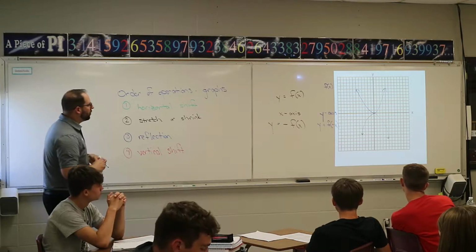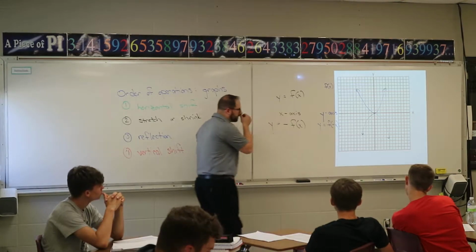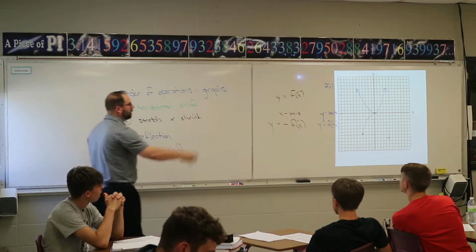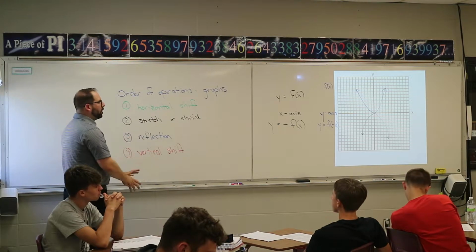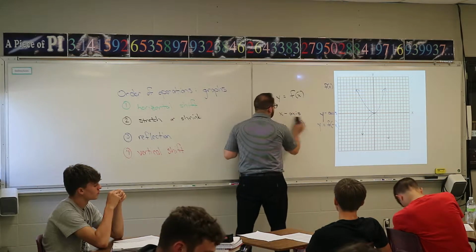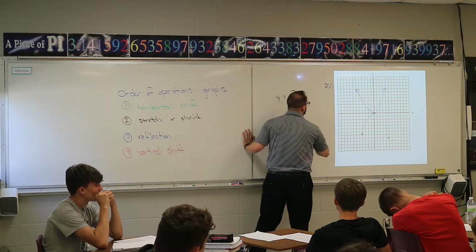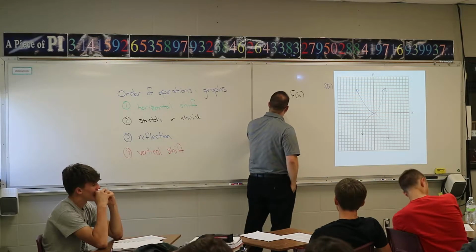And then the last one is a vertical shift. Vertical shift is literally just taking your graph and dragging it up and down. The graph will stay the same, it just physically shifted from where it was, where the origin was. So to do a vertical shift,